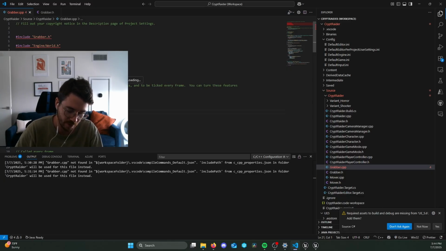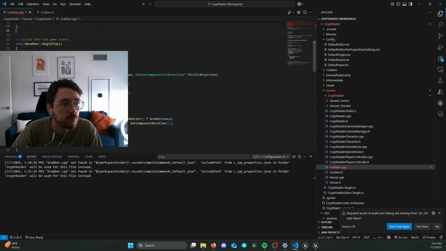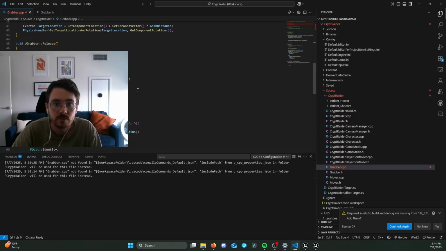So if we go to our Grabber.cpp, inside our if statement, we've hit this component, we're about to grab it. The first thing we need to do is maybe let's make a variable to store this UPrimitiveComponent. So we'll have a UPrimitiveComponent